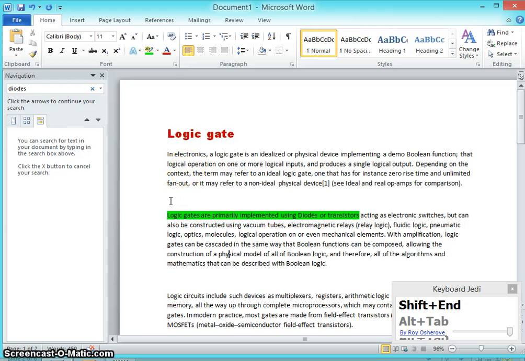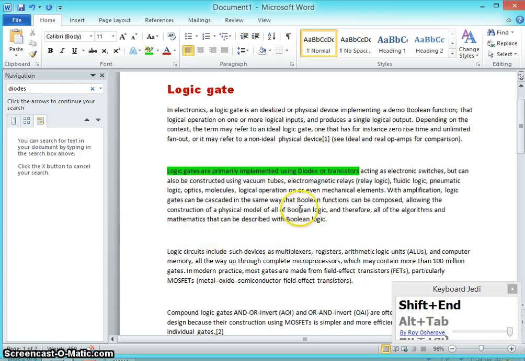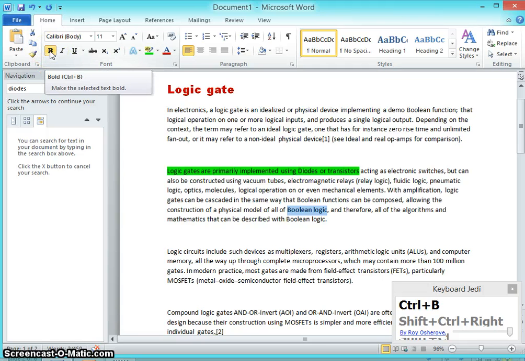For example, you want to make this particular word bold. So you can select it, and you can make it bold by using the shortcut, or you can use the bold option. For italics, you want to underline. These are all the various options which you can use, either by the mouse or by selecting the word